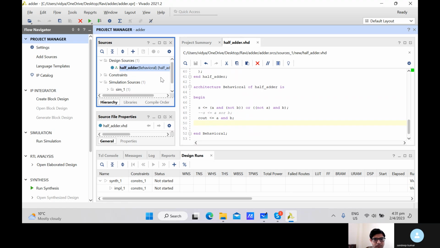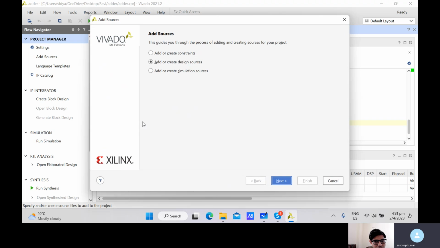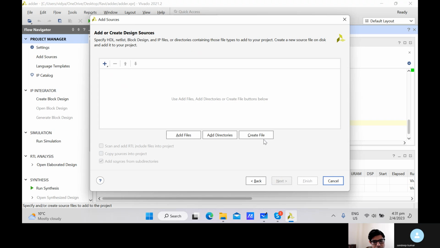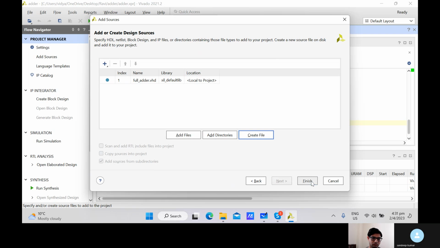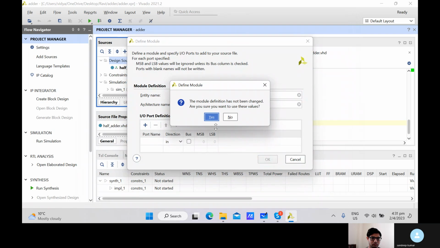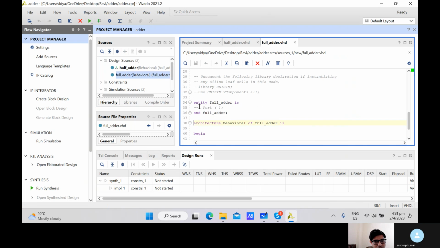So we create one more design. Add source. Create file. What's the file name now? Full adder. Finish. Similarly, ports will be there here: A,